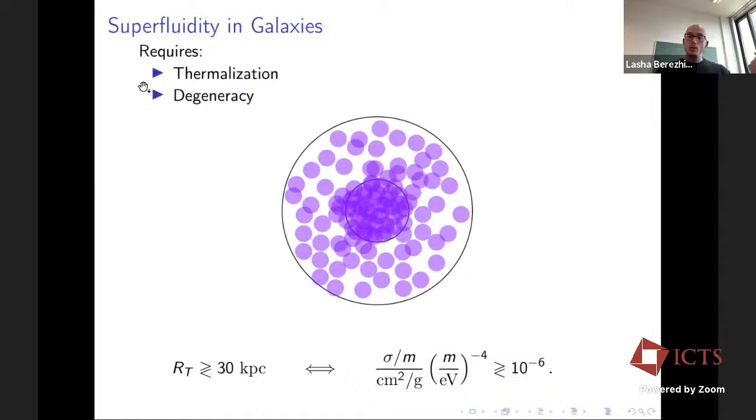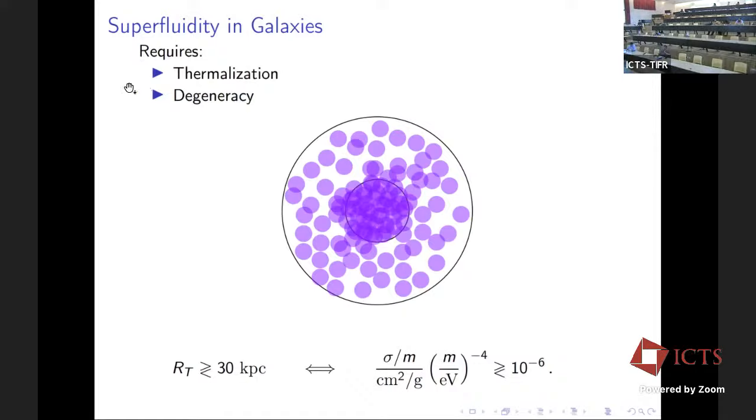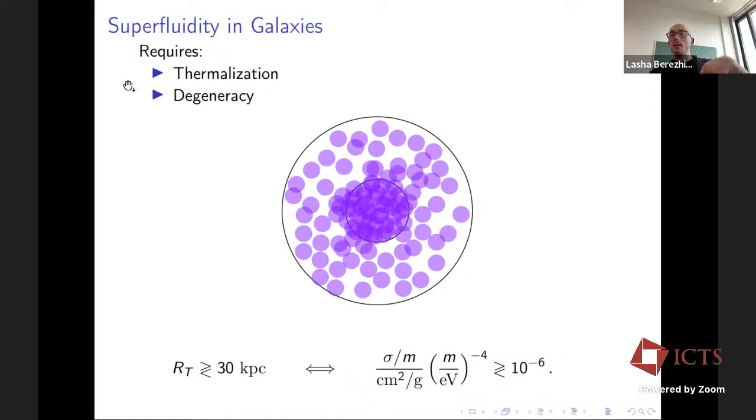Here, what we want to understand is the parameter space where that is not the case, because at large distances, if one could have CDM-like distribution and a mass range that is closer to electron volt than the fuzzy dark matter, we want to understand whether we can force condensation by some other mechanisms.